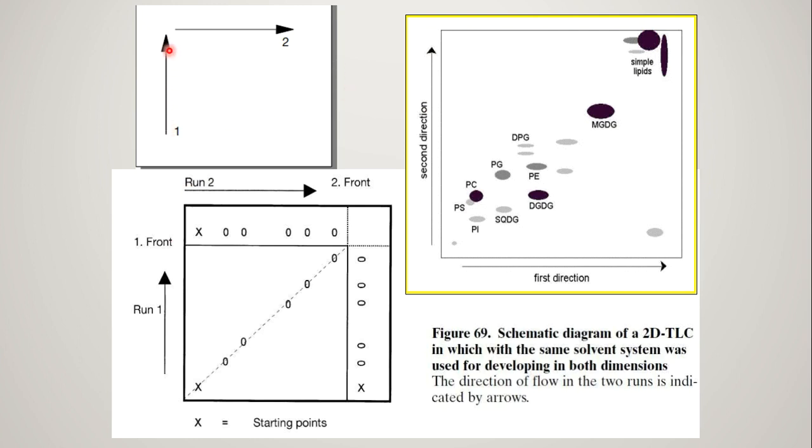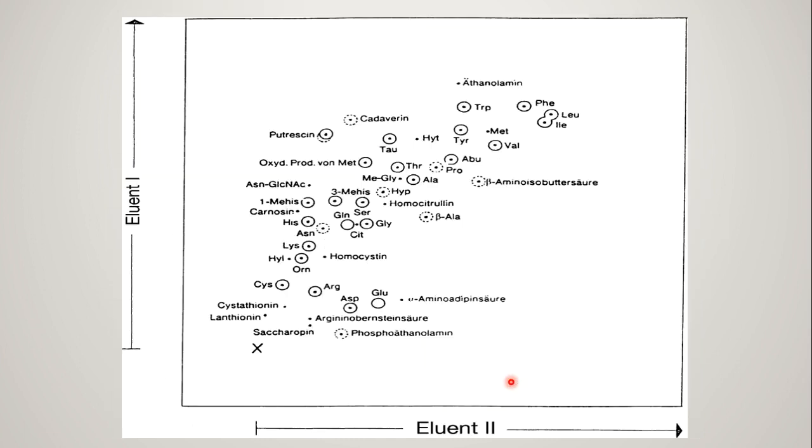In this direction, the components separated in the first run, suppose we get 1, 2, 3 spots, then suppose this second spot contains more than one compound, so we run this second run, and the two or three components present in this single spot will be separated in this direction. So it is overall a two-dimensional TLC. Here we can see the first run where we get these different spots, then we turn this plate and we run this second run.